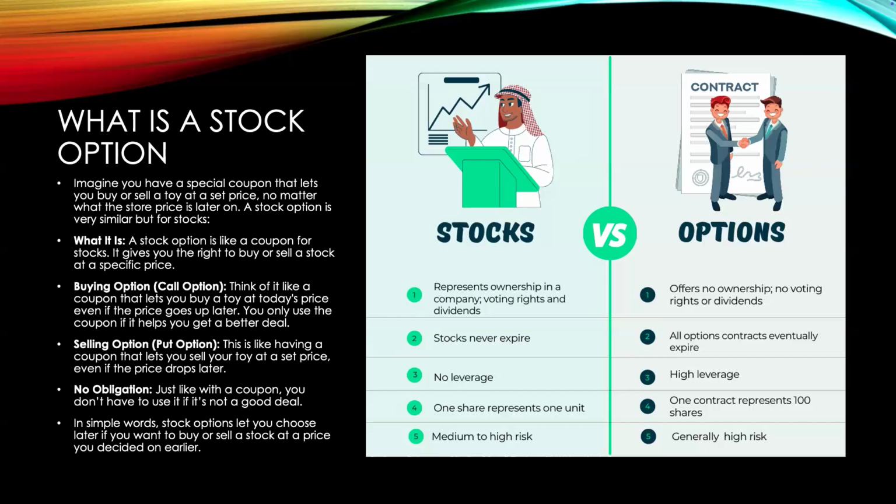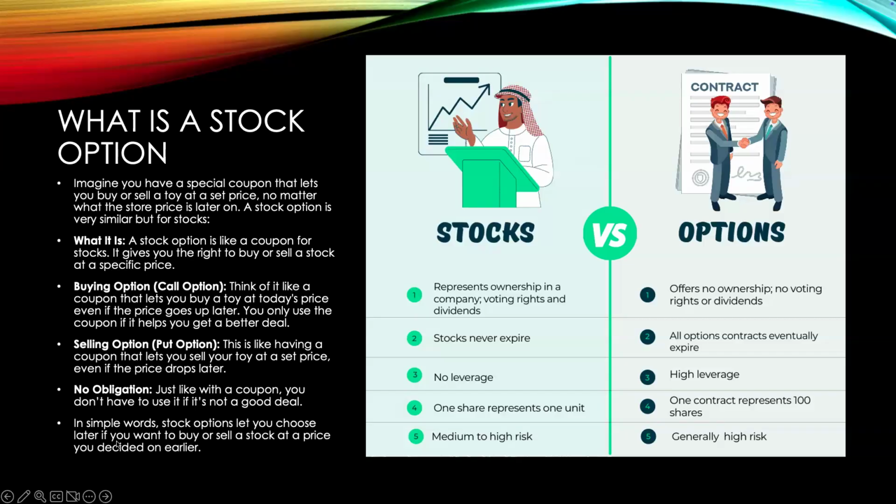Now, be mindful, the stock does not move the same way as the stock option. The stock can move up, but there are other things that help the option become more valuable. One of the main things is the volume of people, the amount of people in those options. The more people want that contract, the more valuable it becomes. Another word is volatility. You will hear me say that word many times.